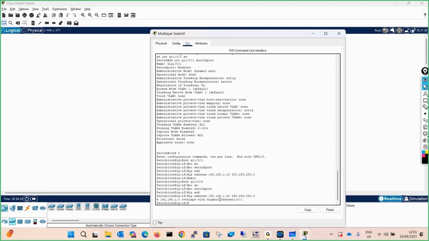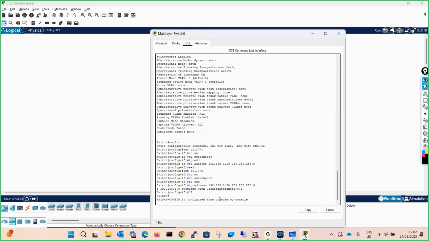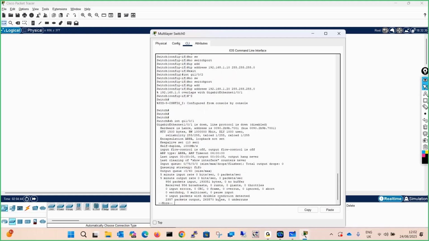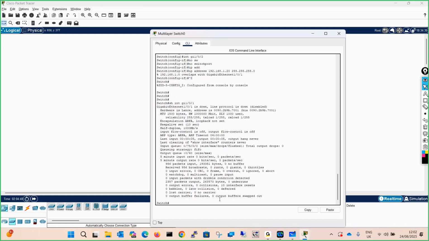Now, the question comes: when you're configuring the IP address on the switch interface, is it really getting configured on the interface? Let's verify. We will check the interface, show interface Gi1/0/1. This gives the detail about the interface.